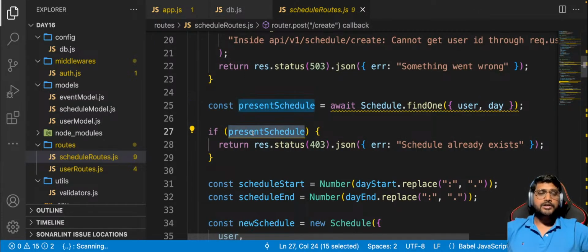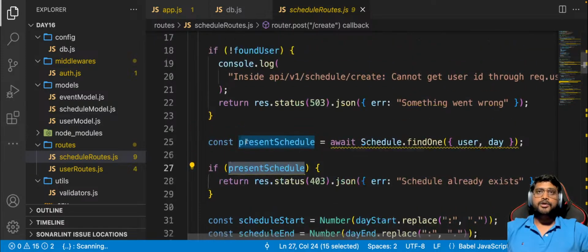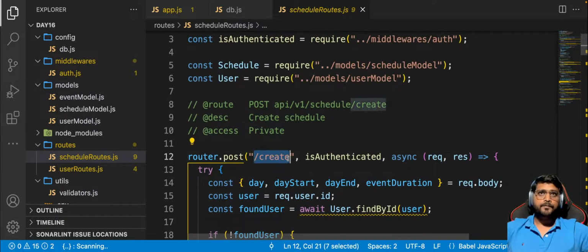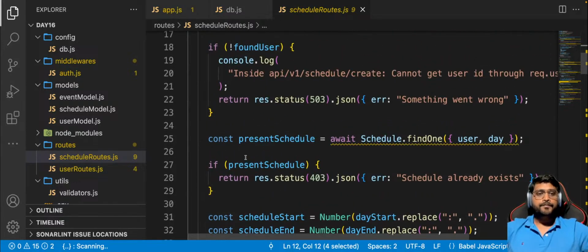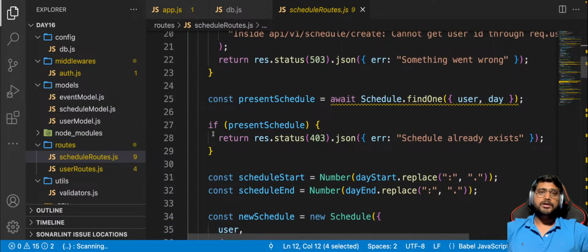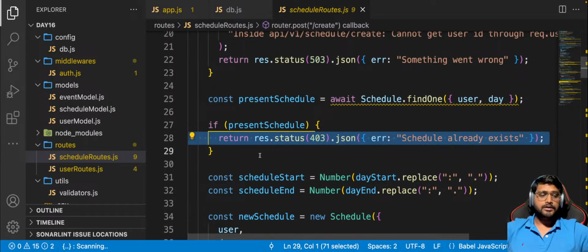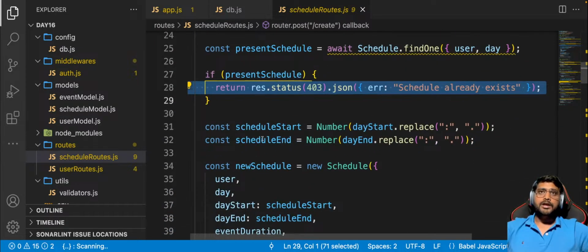If there is already a schedule, we will not let the user schedule, right? Because this is a create API, right? This is a post API, this is a create API, so we cannot recreate a schedule. So we will disallow the user to create an already created schedule. If the schedule is not present,